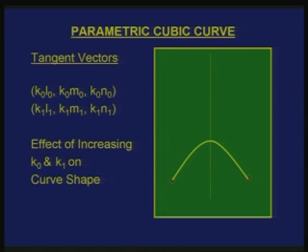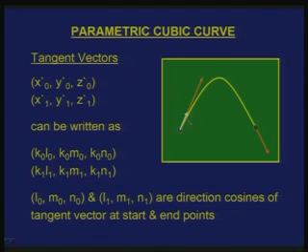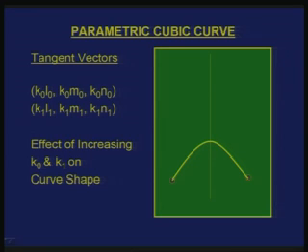Here is a simple example. This curve is defined by 2 tangent vectors, with k0 as one scalar value and k1 as another. Now, what happens if I increase k0 and k1? I have a certain magnitude which is continuously increased. As I increase the k0 and k1 values, I should get different curves. Suppose I increase k0 and k1, the curve moves and I get a different curve. This curve has the same tangent direction as the previous one, but the curve is different, because it is non-unique for given direction cosines.